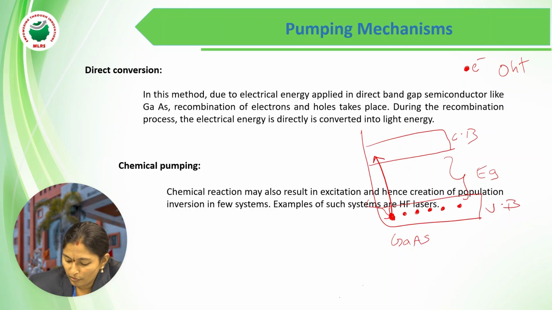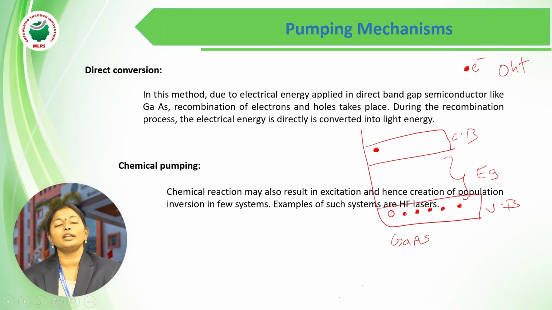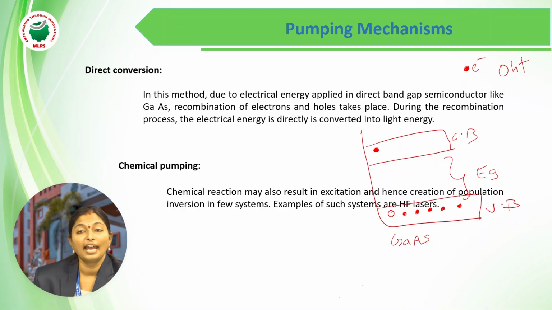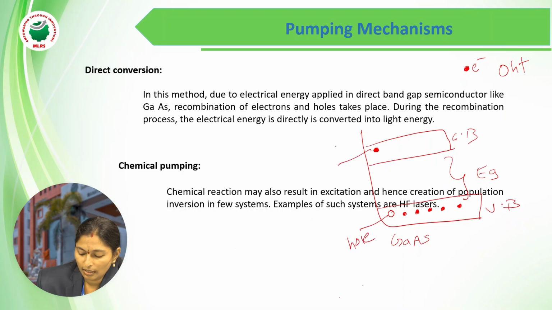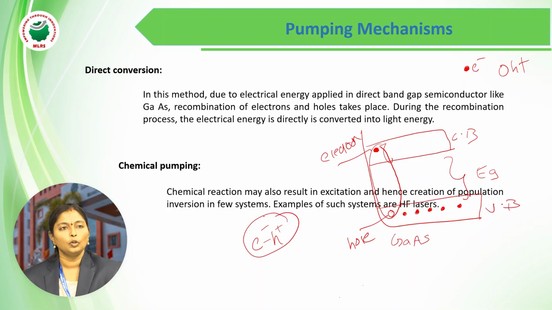So, while they are moving from the valence band to the conduction band, the state also changes. Now we are not calling this a valence electron. Now, this one we are going to call a conduction electron. The absence of electron in the valence band we are going to call a hole, whereas the electron in the conduction band is the conducting electron. So here, an electron hole pair is being created.